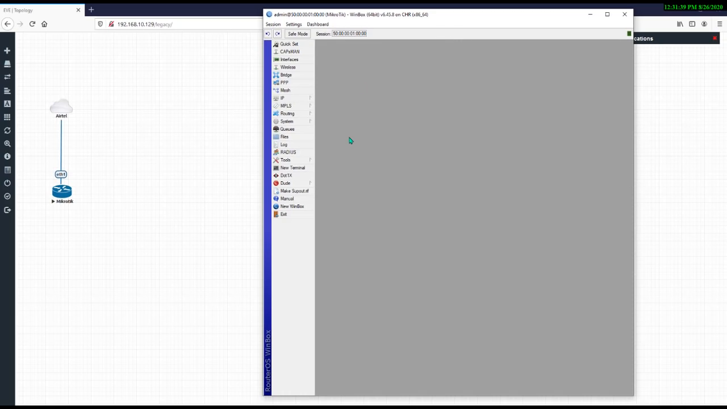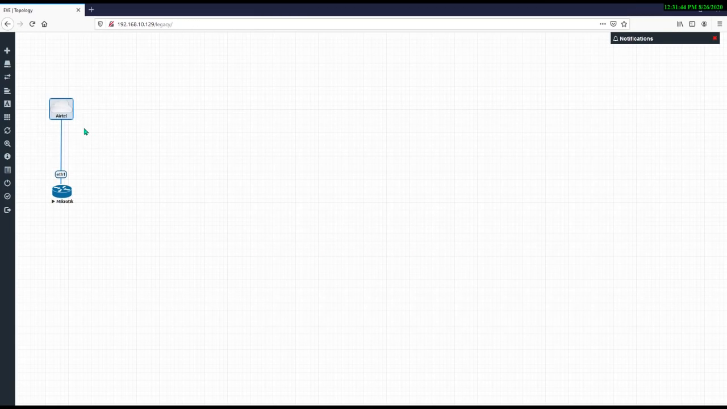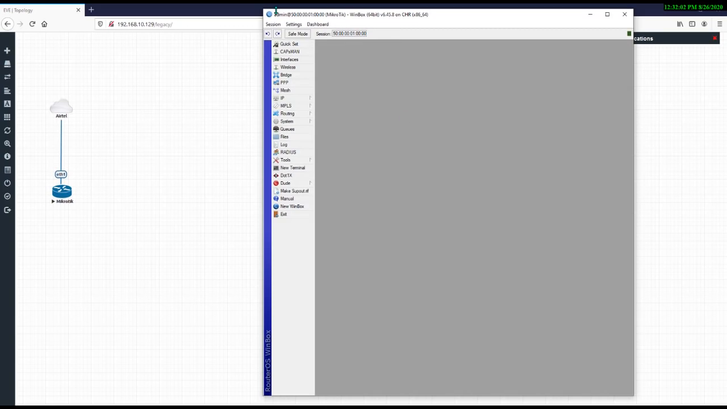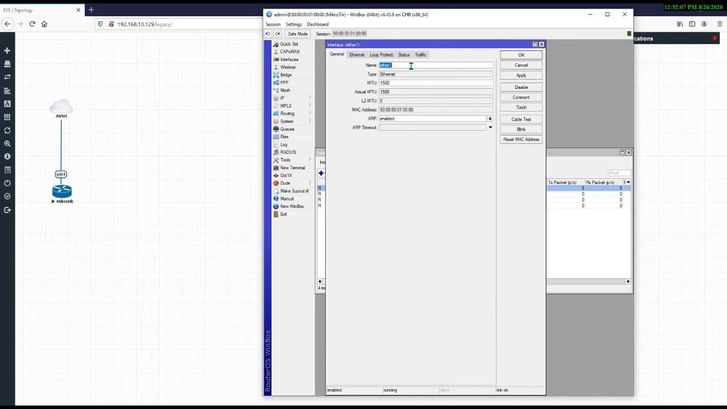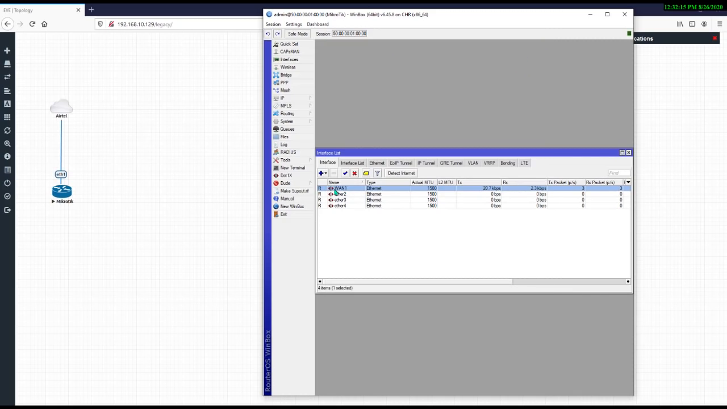So first of all, we have to create the WAN interface. This is the Airtel connection, and the Airtel internet is terminated on our MikroTik on Ethernet 1. So I am going to make Ethernet 1 the WAN interface in our Winbox. Just open Winbox and go to Interface. First of all, change the name. Ethernet 1 will be WAN 1. Okay, WAN 1. Apply and OK. Now you can see Ethernet 1